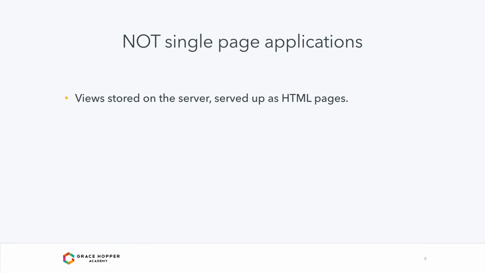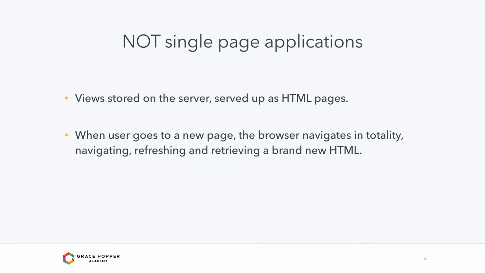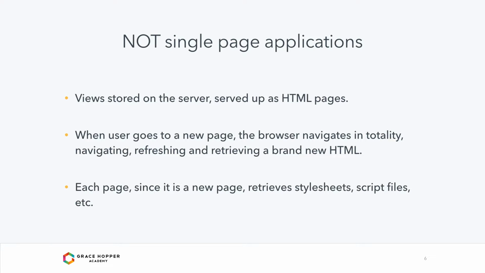So the views are stored in the server and generally interpolated on the server. Nunjucks is a tool that you might use for a non-single page app. And they're served up as HTML pages. So whenever the user goes to a new page, we have this navigation event where the browser trashes whatever is in the tab and goes and pulls in a new document and parses it anew. This has some nice qualities to it. For one thing,